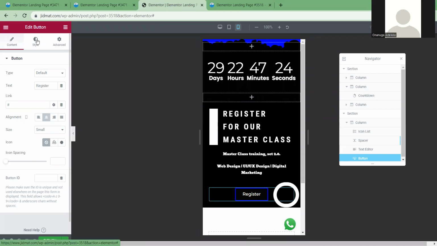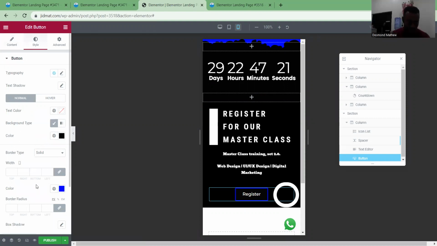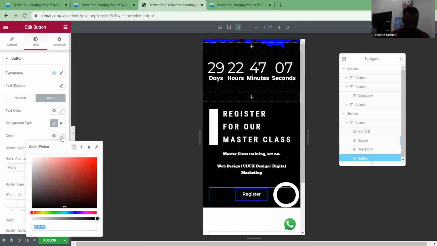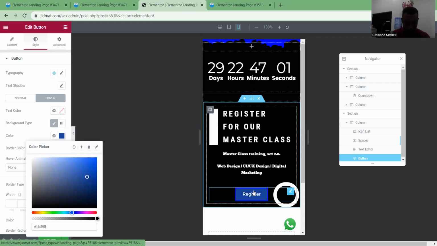So we go back here in the style. I said that whenever we're in style, anytime we need to do with color, we go to hovering. Everything you do on the normal, you can just go to hovering. In the hovering, there is no color for the hovering now. So the moment we pick color blue for the hovering, when you hover it, it's blue. But we need the